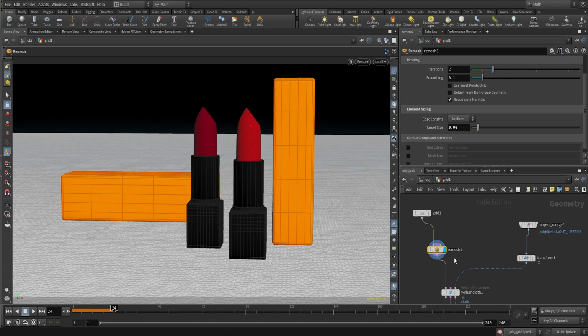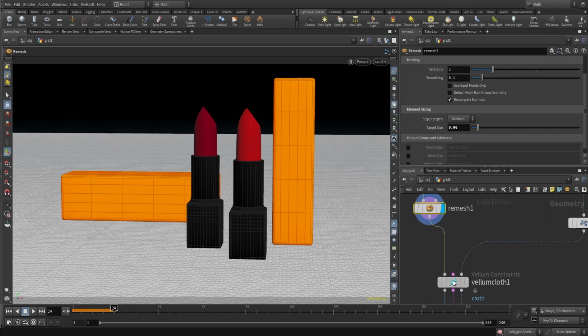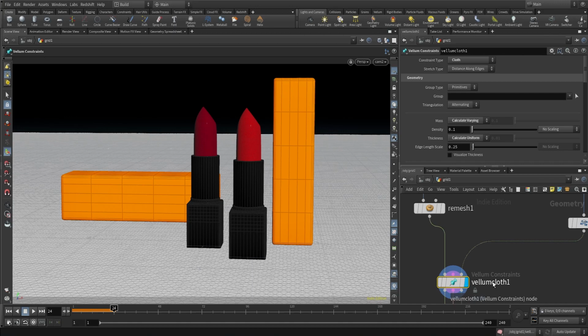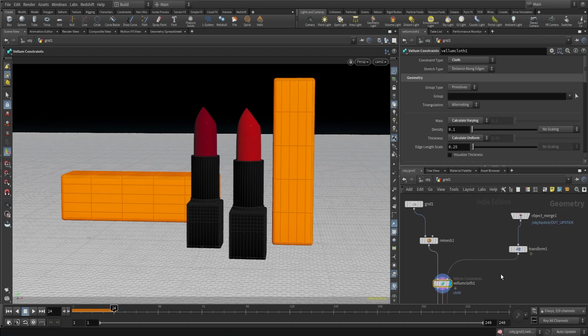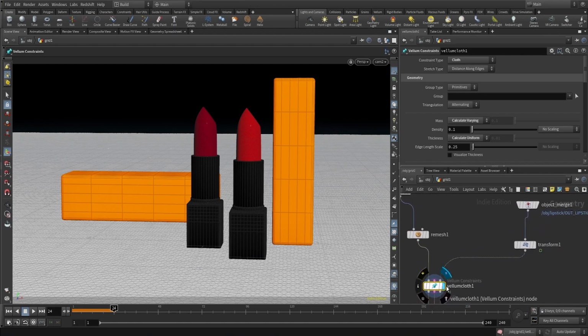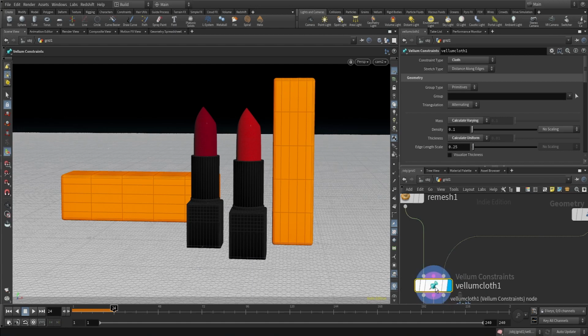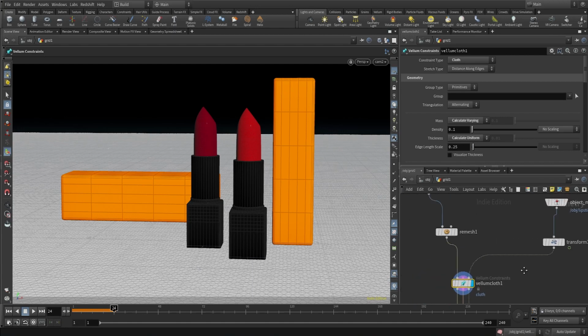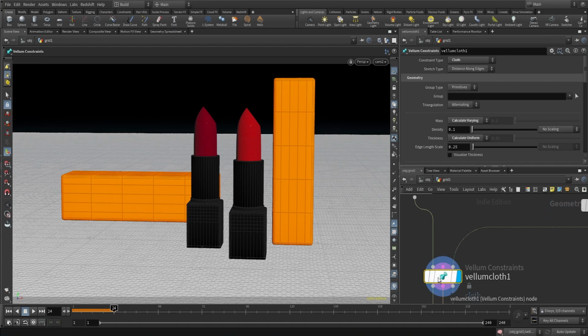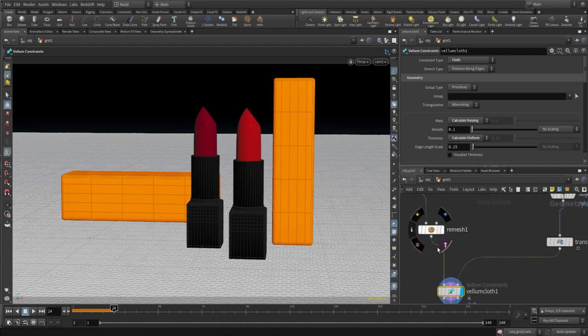And exactly after that, I have used a Vellum cloth node. If you're not familiar with Vellum cloth simulation and Vellum functions and constraints, then you can see my Vellum tutorials for that. I have a pretty good beginner tutorial for the Vellum cloth nodes, specifically Vellum cloth constraint, so maybe you can watch that. So in the Vellum cloth node, we are connecting our remesh ground geometry